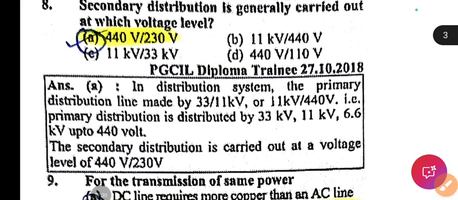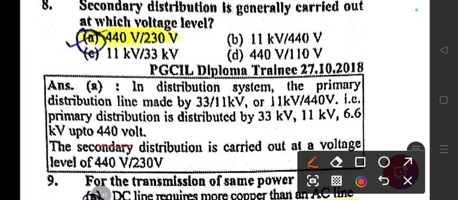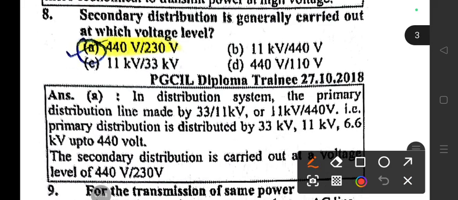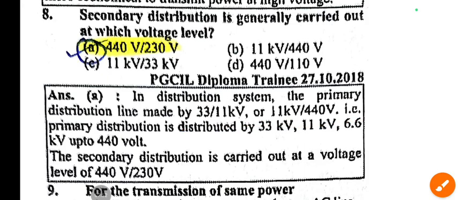In the distribution system, primary distribution is done by 33 kV, 11 kV, 6.6 kV up to 440 volt. The secondary distribution is carried out by voltage, you know that, 440 to 230. Okay, this relation you have to remember. This is a basic question, but sometimes